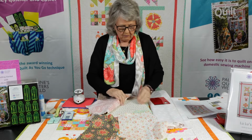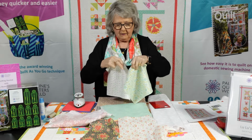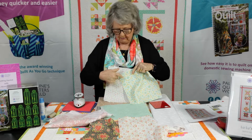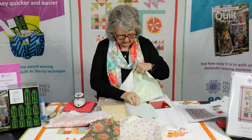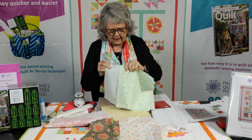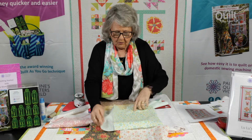But let's say we were going to be working with these two fabrics. Now that can be hard to identify. A lot of people will realise that's light and that's more of a medium colour. But let's just go down in the pile, and if we started working with these two, you could probably identify them as being a little bit different in shadings. But let's just put the